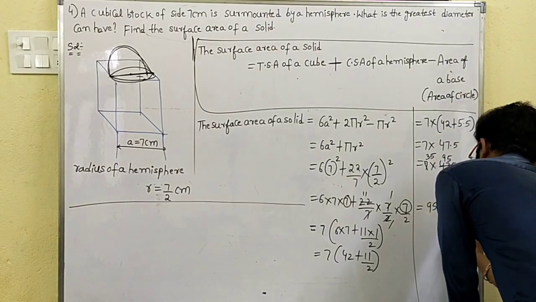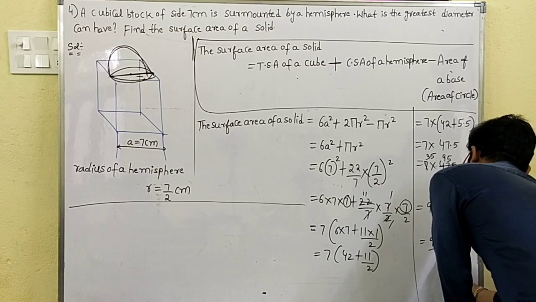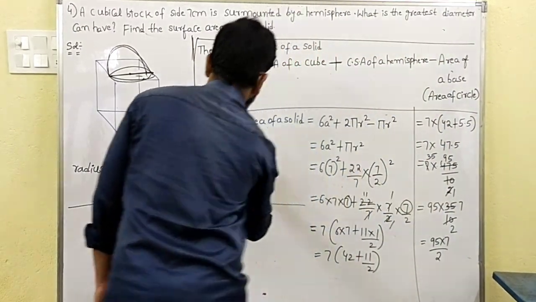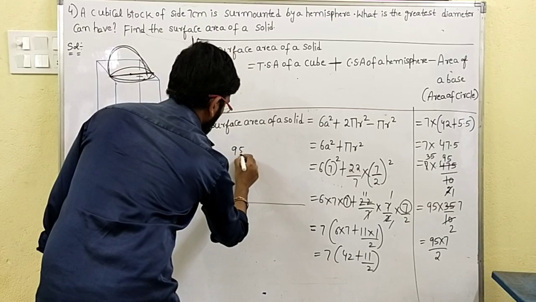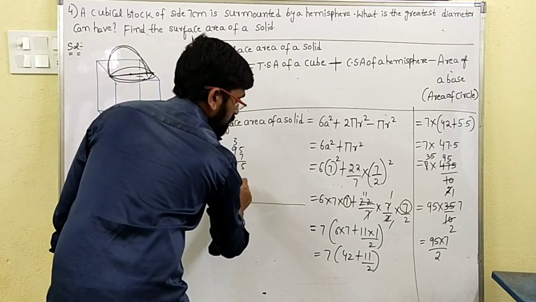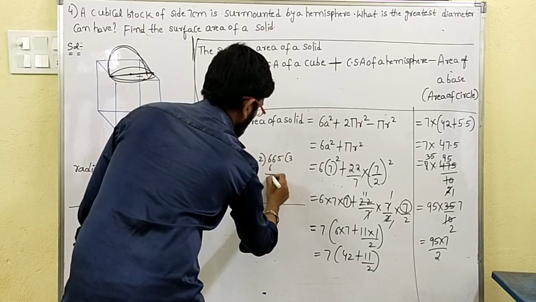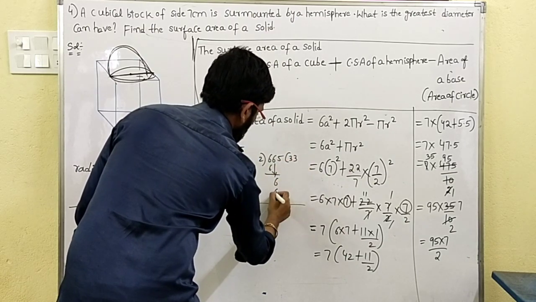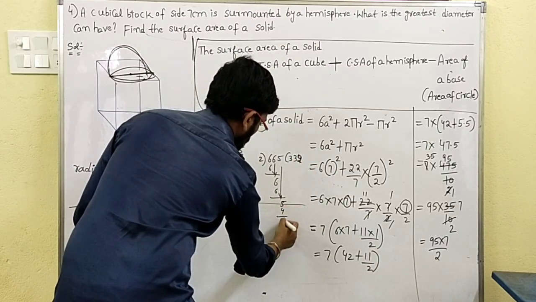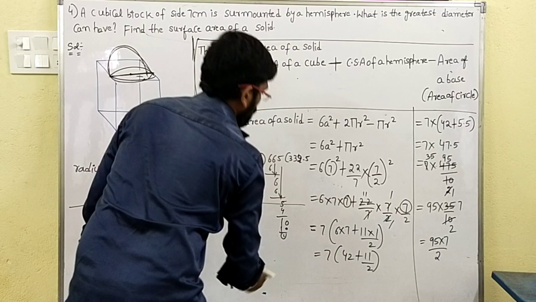Again, if you go with this, 95 into 7 by 2. If you multiply 95 into 7, so 5, 35, 63, 64, 66 by 2. If you divide 66 by 2, 2 3s are 6, again 6, 3s are 6, 5, it will be 2 times, 2 2s are 4, 1.0, again 5s, 0.